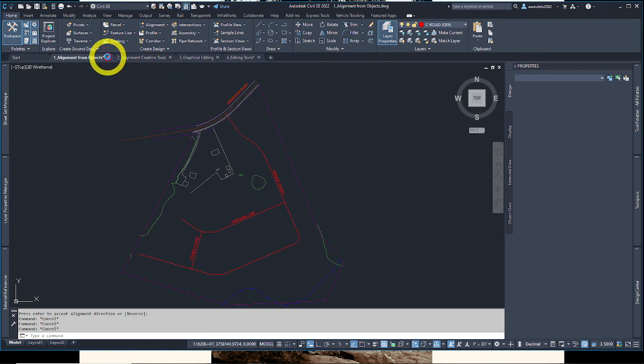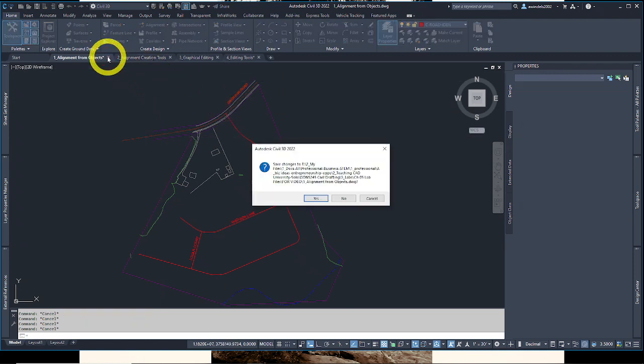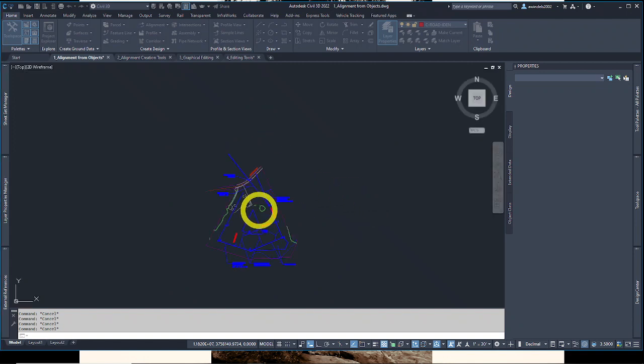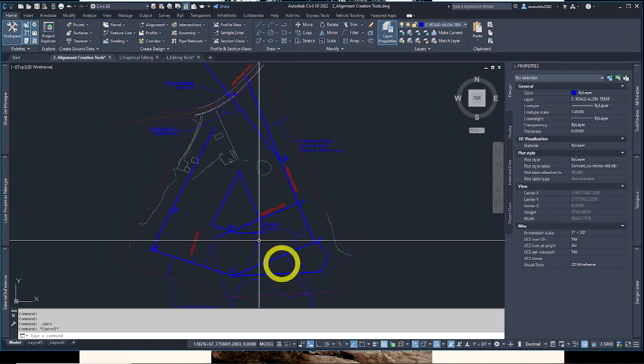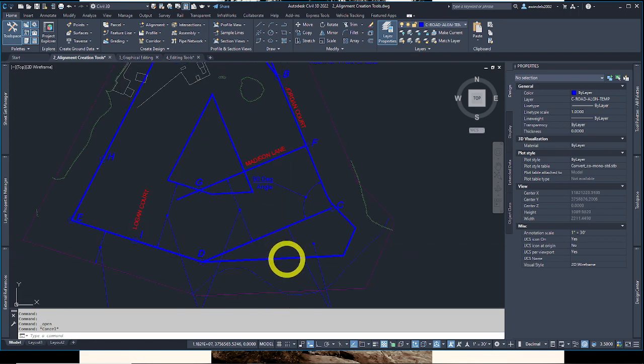I'm going to close this one off. We're going to practice creating alignments using the alignment creation tools in Civil 3D. That's just using existing AutoCAD geometry, which is pretty cool. Sometimes a lot quicker. So now we're going to get to, let's talk about alignments a little bit. What makes them